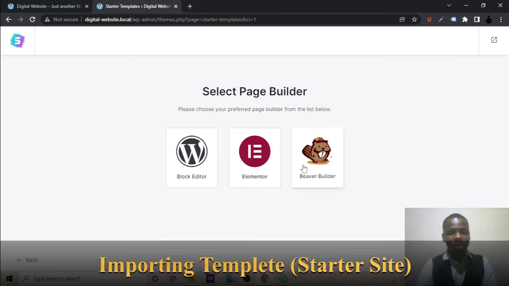So you see the page builders that I used to build. You can use the block editor, that is the default Gutenberg for WordPress, Beaver. But for the purpose of this tutorial, we are going to learn how to use Elementor. So let's use the Elementor page builder. So click on Elementor,